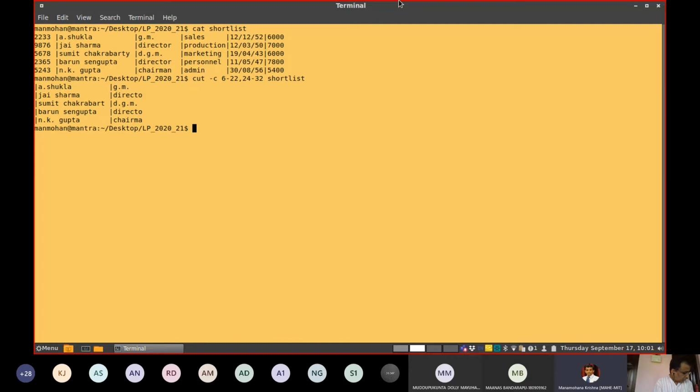So to extract useful data from such files, you need to cut fields rather than columns. When I say that, in the above file, shortlist or emp.lst, you can notice that we assumed employee codes are 4 digits and 1 space is available, a total of 5 columns for employee codes.